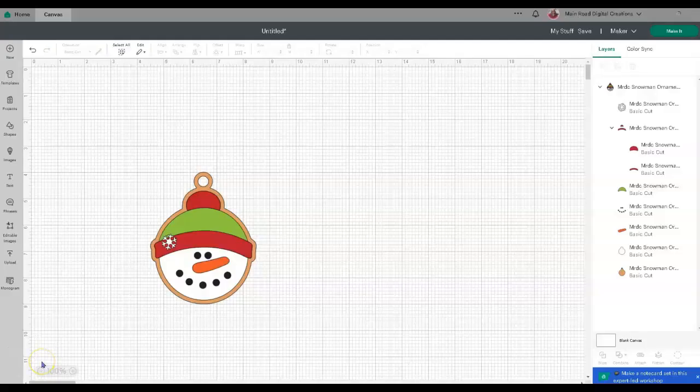So today I'm going to show you how to make this cute little snowman ornament, and I'm going to show you two different ways. The first way I'm going to show you with my Cricut Maker. I'm going to be using craft foam and my knife blade. Then I'm going to show you how to use the Cricut Joy Xtra and to use cardstock with just the